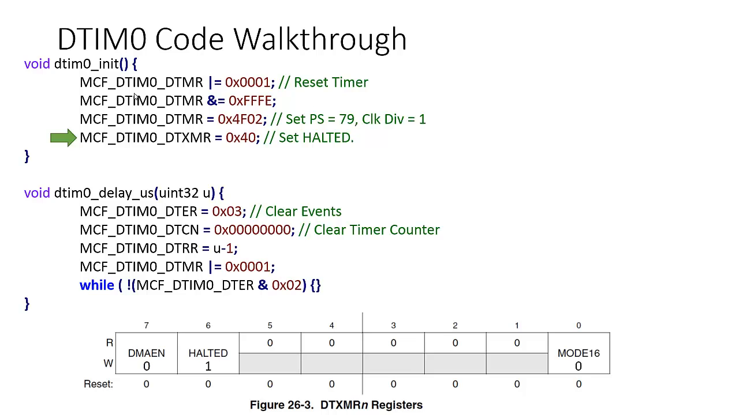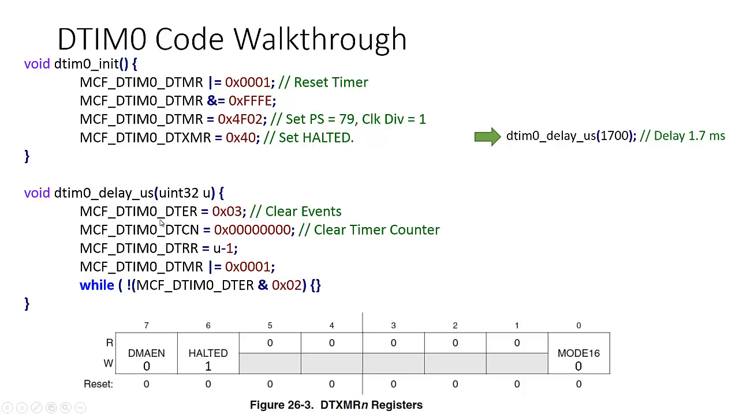Next, we want to use this thing, right? So say from main, we call DTimer0 delay 1700, right? We want to delay for 1.7 milliseconds, right? A millisecond is 1,000 microseconds, so we would put 1700 in here. Now what this does is it calls this function right here, and the first thing that this function does is